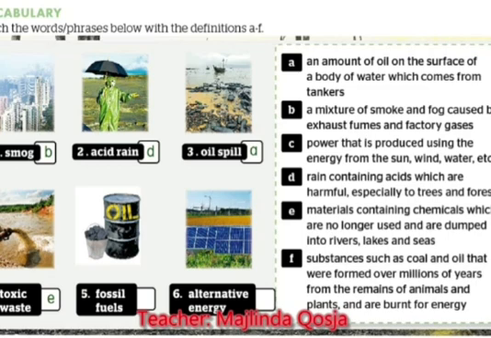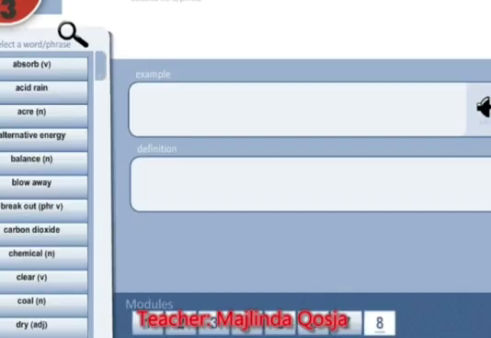Fossil fuels: substances such as coal and oil that were formed over millions of years from the remains of animals and plants and are burned for energy. Alternative energy: power that is produced using the energy from the sun, wind, water. Let's